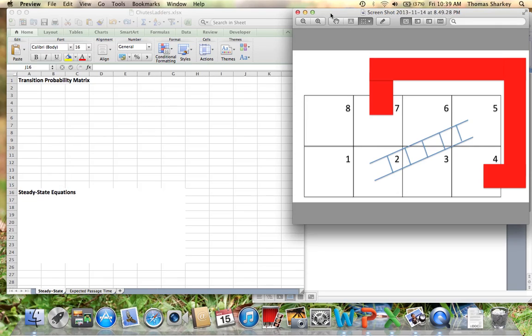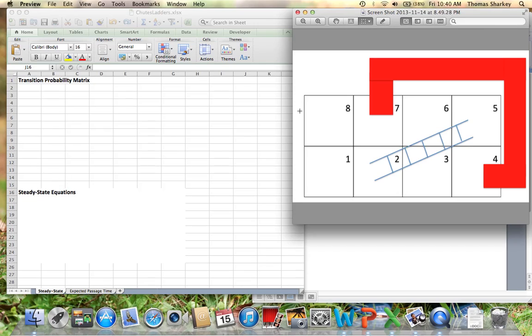So essentially we have 8 spaces. We have one ladder going from space 2 up to space 5. We have one chute going from 7 down to 4. And the game, quote unquote, ends when we reach space 8. And the way we've described it in the supporting document is that when a player reaches space 8, their next spin basically puts them at space 1 to start the